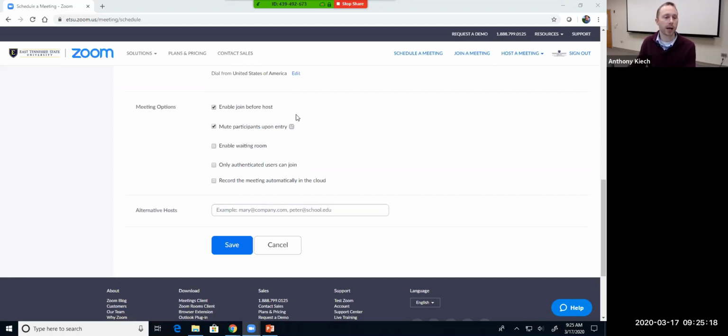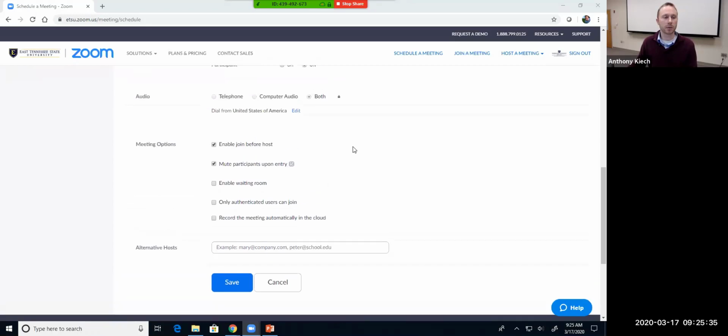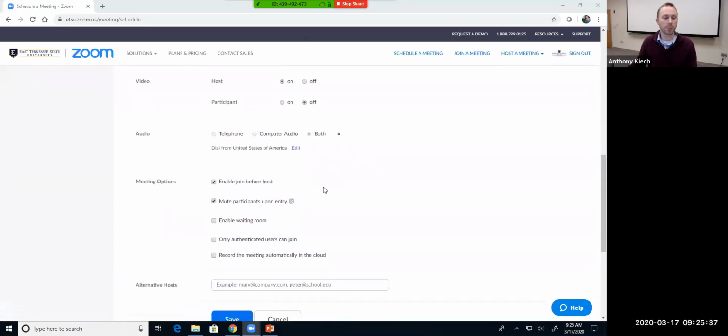We're going to look at where that might be important down here. If they get into a meeting and the host is not in there, it can't hurt anything. They're not doing anything wrong. They'll probably leave pretty quickly because nothing's going on in there. The second option, mute participants upon entry, very, very similar to the video option up here,